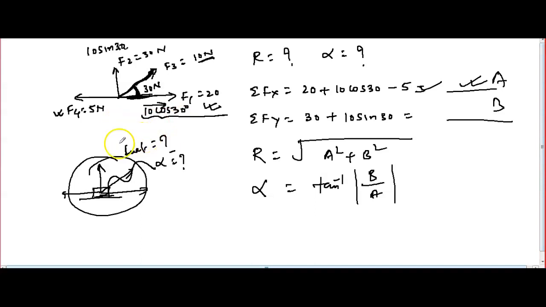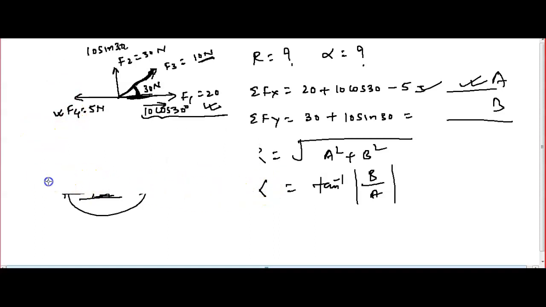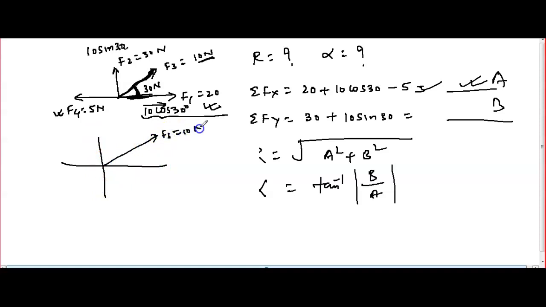Okay, so keep in mind here that only here the students get confused and make mistakes. See here, I have never said that the x-axis will always be cos theta and sin theta. Consider this same force, if it is given like this way, F3 is equal to 10 Newton. Consider this is given as 60 degree or 45 degree. So this will be how much? F3 cos 45, and this will be F3 sin 45. Getting?